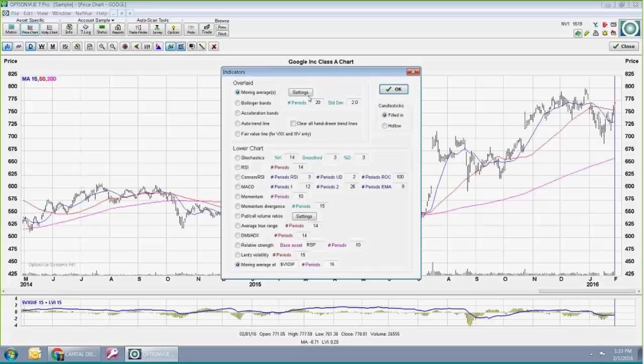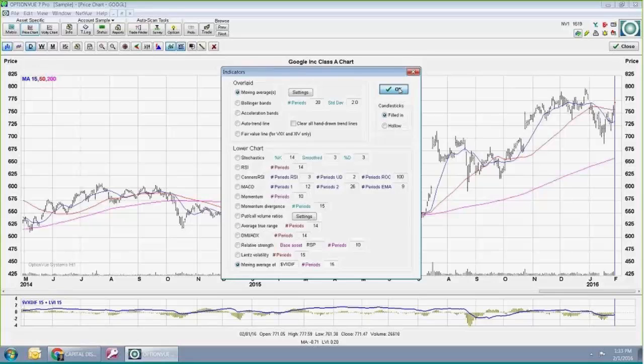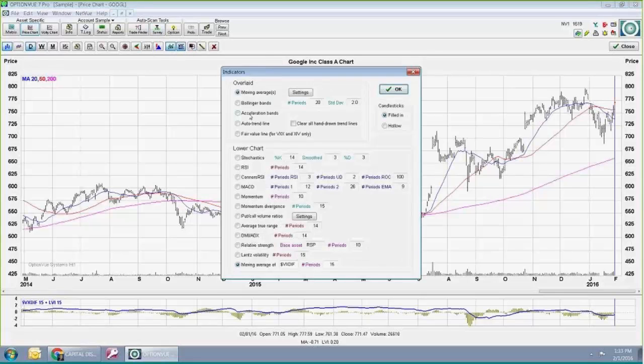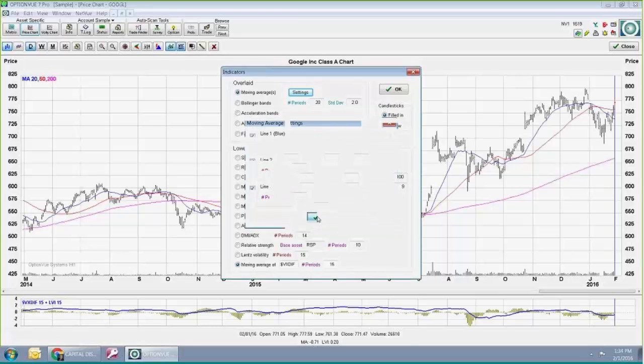Here's where I have my moving averages. You could change it to be 20 and just adjust it slightly, so that's what you could do, 1, 2, or 3. You don't have to. You could just show the 1. You could do simple or exponential averages.